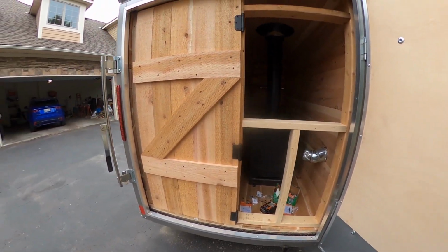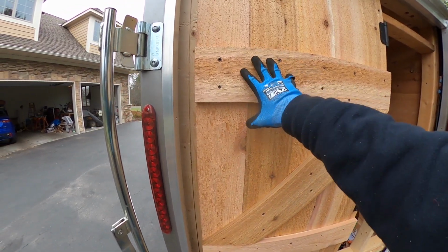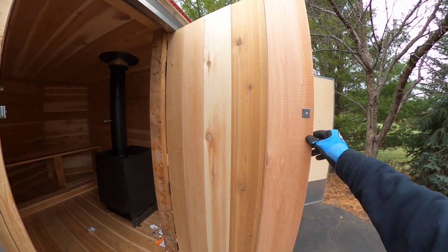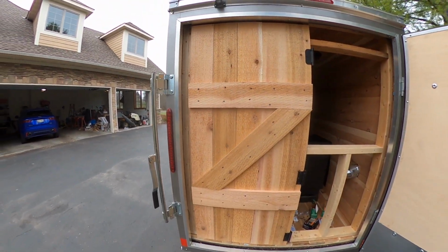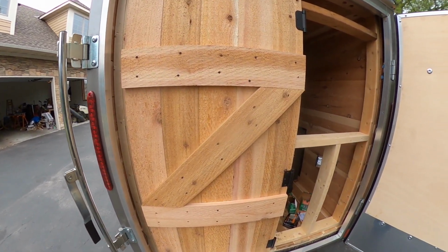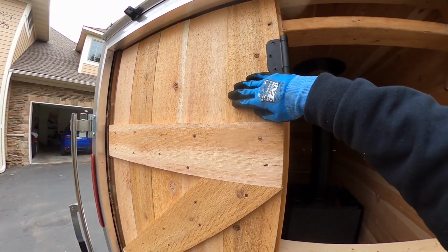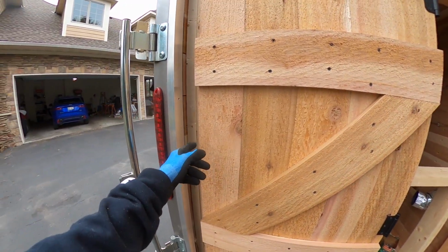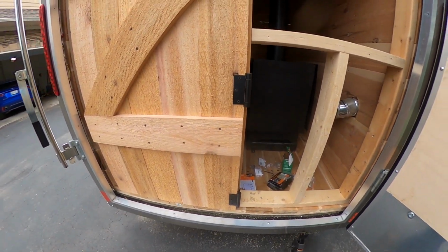We built the door with the same cedar that we used everywhere else. I used the rough sawn on the outside and the clear side on the inside. It's, I believe they call it a board and batten door, where we make the Z and put it together, and it's nice and sturdy. We have spring-loaded latches to hold it closed, so there's not a mechanism to keep it closed. I can't think of the word right now, but we have 3 of the